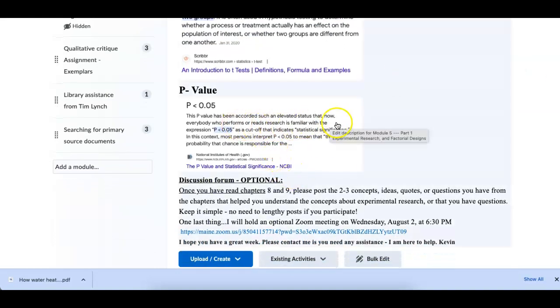P-value. This you will see with quantitative analysis. Not all of the tests result in the p-value, but a lot of times in the research, the quantitative research, you will find a p-value. And right here, a p-value, putting it in very simplistic terms, a p-value that is smaller than 0.05, and that's the number that often is used, or most times it is, it means that